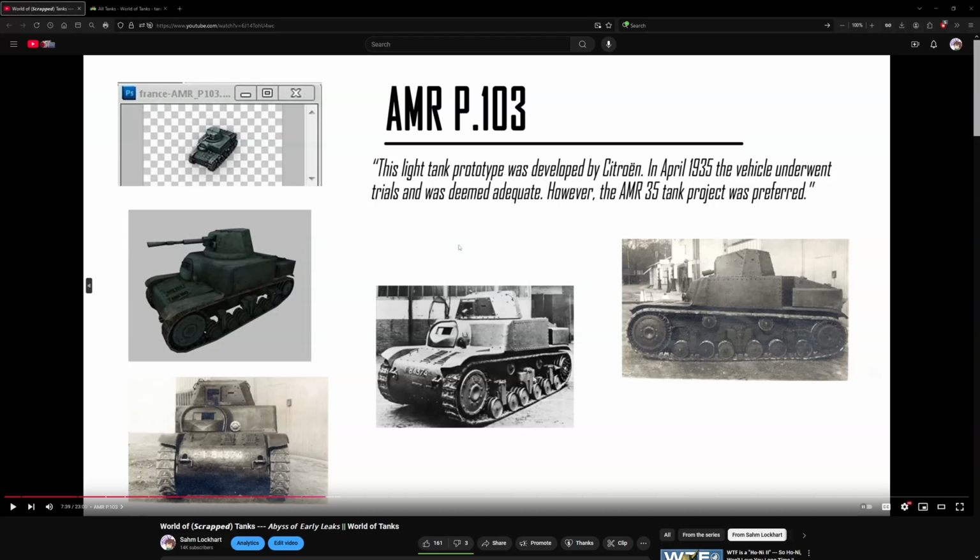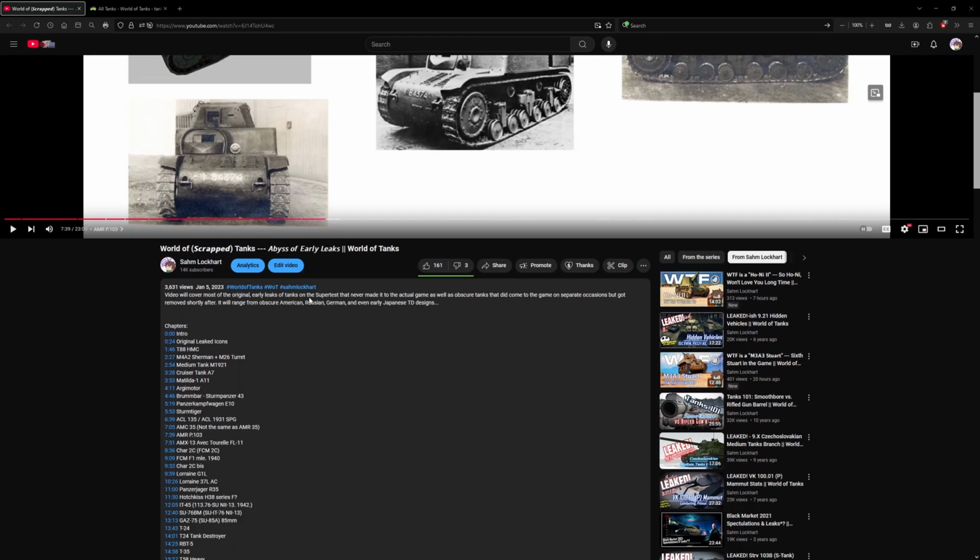So not exactly the first time we're seeing this vehicle. The AMR P.103 was modeled about 12 years ago, in the early heyday of World of Tanks. This vehicle is actually there with the standard def texture pack, but they removed it because it was not that popular. But we already covered a lot of the scrap vehicles, like